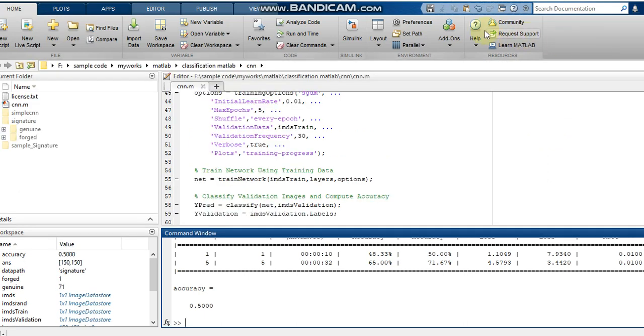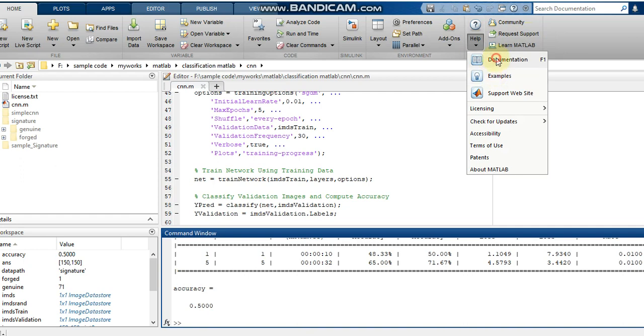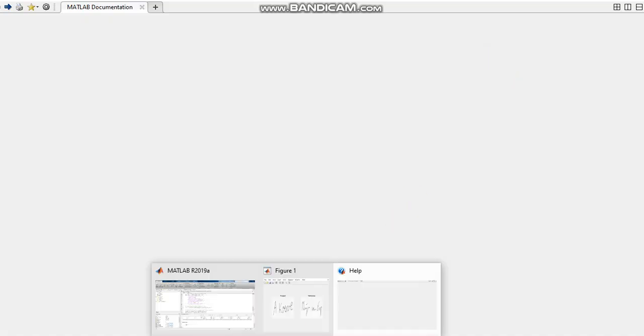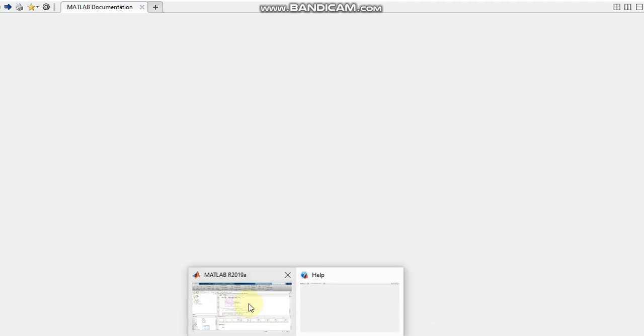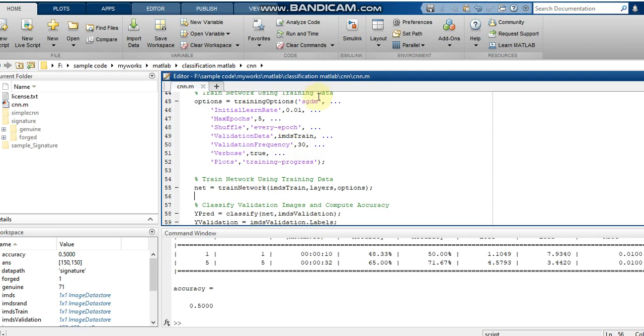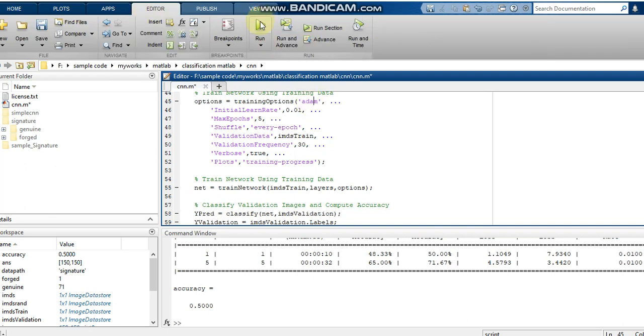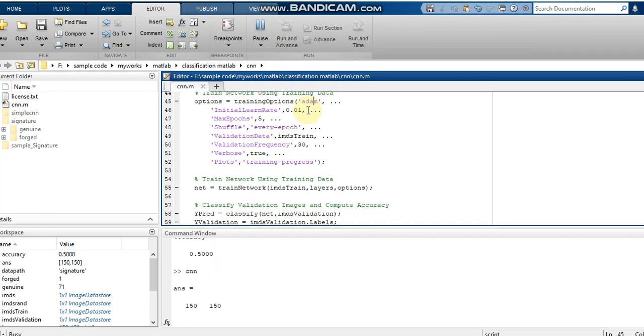We can fix it. Now I am moving to Help and then Documentation. In this documentation we can check the additional training options we can give in order to increase our accuracy. So I click the documentation tab. We can close this. Other than that, I initially said that we have three optimizers. Adam is important, as it gives some better results, so we can try with Adam and see whether it gives better accuracy than the 71%.